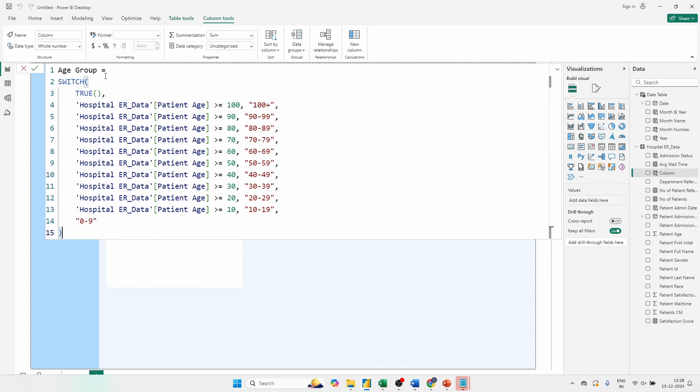So I have taken age group as the new name of the column, and I'm using a switch function. The switch function is used when we have multiple conditions, and it checks and satisfies the true condition, and returns the value for whatever conditions we have applied. You can also use an if condition, but I find switch more reliable and more convenient for this particular case. So how it works is, if patient age is greater than or equal to 100, it will give us 100